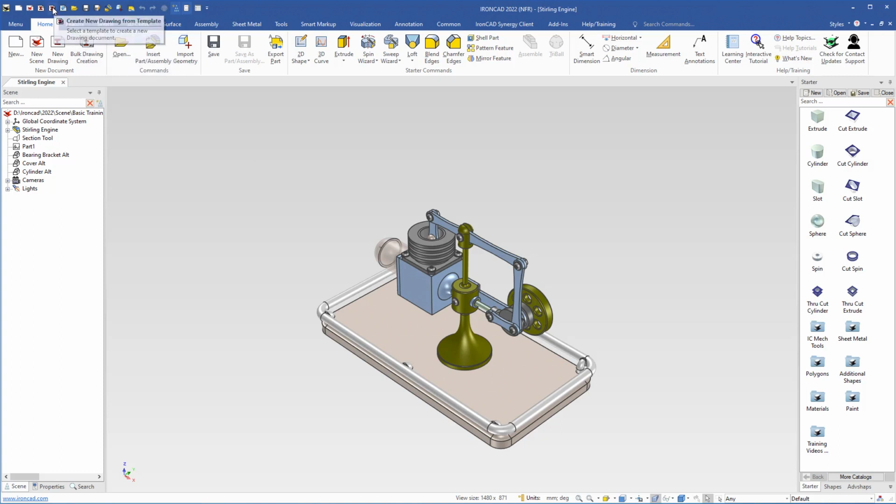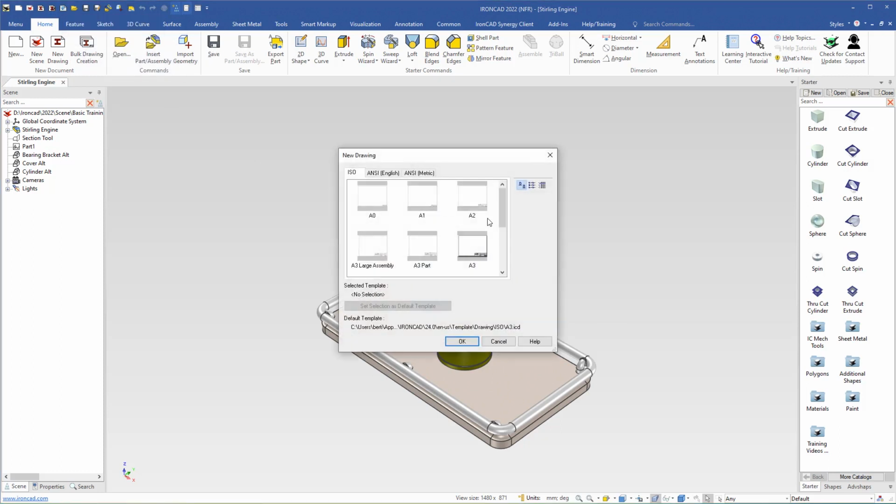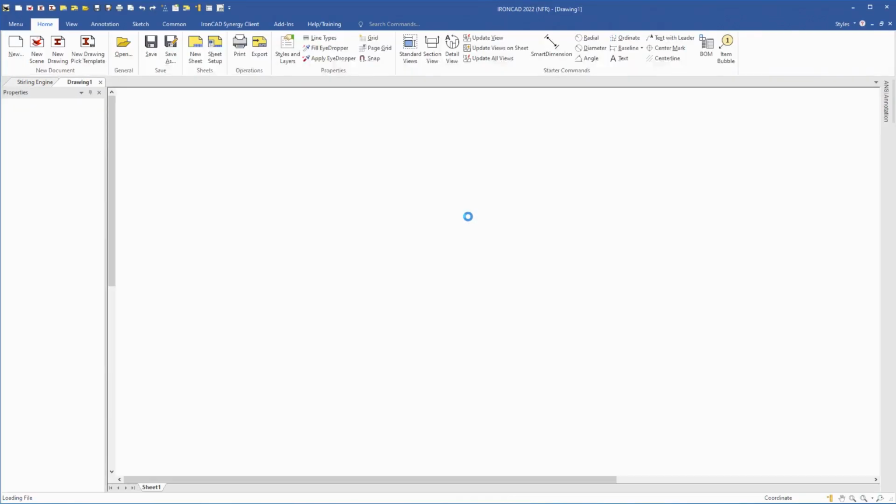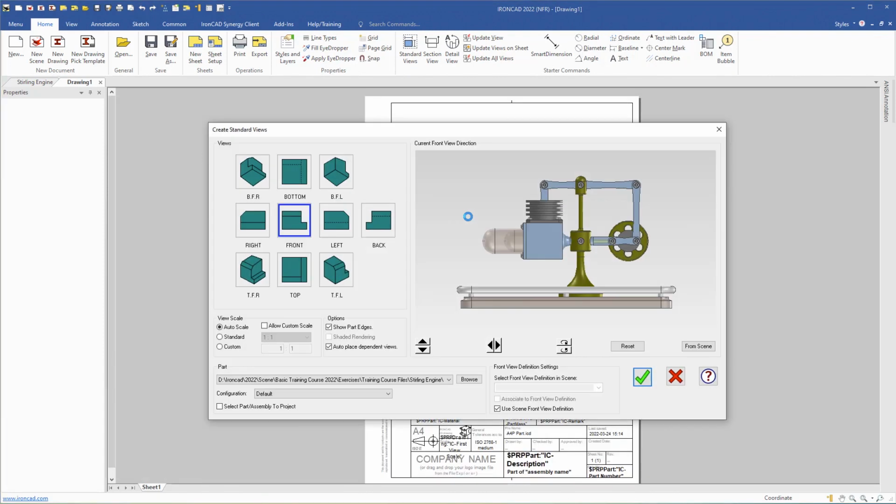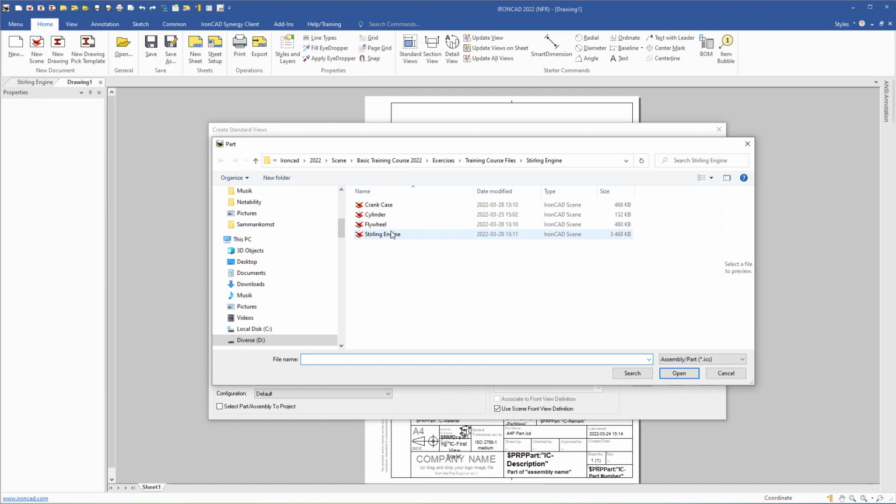Then we come up here to click on the template button, and here we will select A4P part, double click on this template, and the view creation window opens, and we come down to Browse, and we will select crankcase. We double click on the crankcase scene,